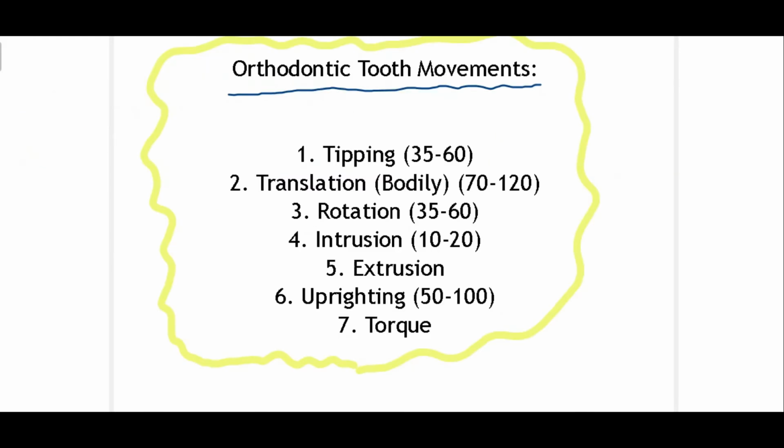Next, these are the different types of tooth movement that are used in orthodontics, and that depends on patient to patient and case to case. Different patients require one or more than one type of tooth movement. We have tipping, translation, rotation, intrusion, extrusion, uprighting, and torque. These are the values in grams, the amount of force that is used in order to achieve each individual type of tooth movement. This is the optimal force. We have to keep in mind that the force should be within this range. It should not be less than or more than this, because in most cases, if force is excessive, it results in resorption of roots and sometimes even bone as well.